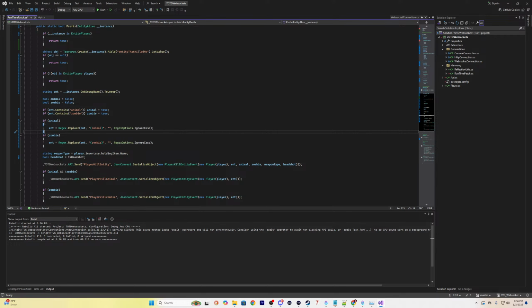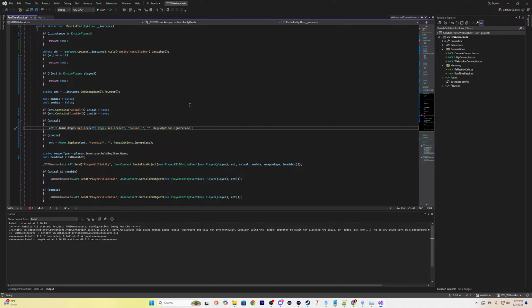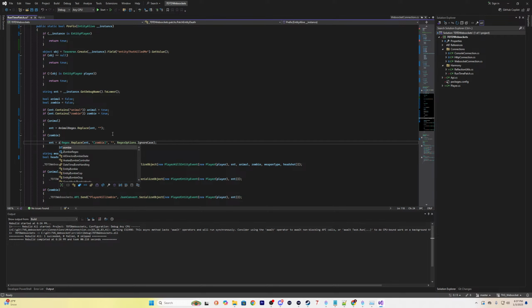All right. So now we can say regex replace animal. No, we don't want that. We want animal regex dot replace, with empty. And this is the compiled one, so it's not going to keep doing that. I mean, 7 Days isn't exactly the most efficient game in the world, so anything we can do to optimize our code and make it